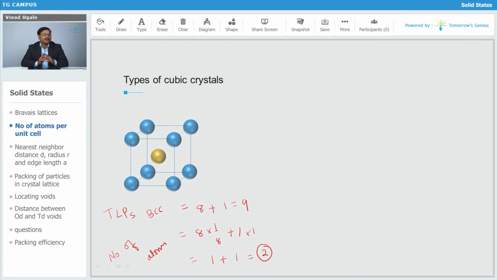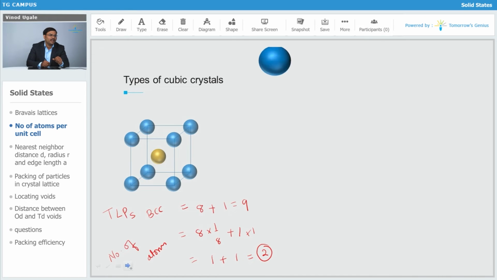In a simple cubic unit cell, we have seen that each particle is touching the others, correct? But in case of body centered, now one particle is inside the body. What will it do? It is going to require some space. So it will make the corner particles somewhat apart from one another. Now the corner particles are not going to touch each other. I am talking about corner particles. Corner particles in BCC are not going to touch each other because one particle is inside the body. It is going to require certain space.